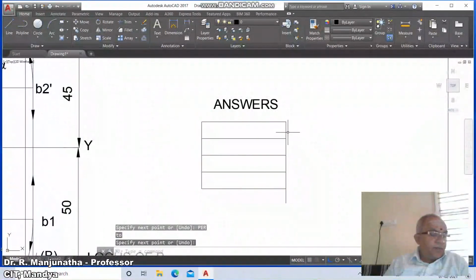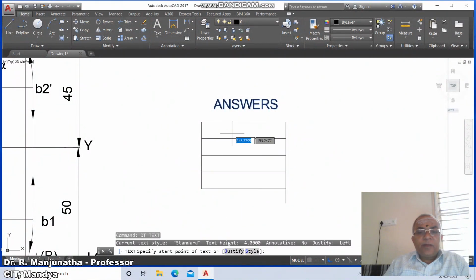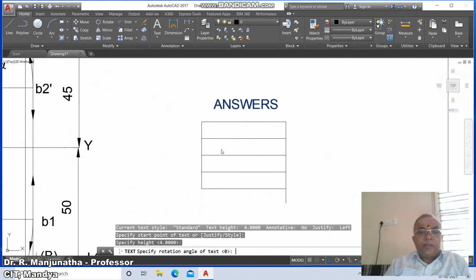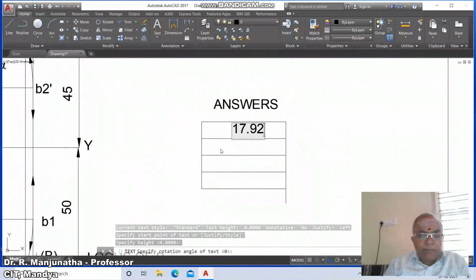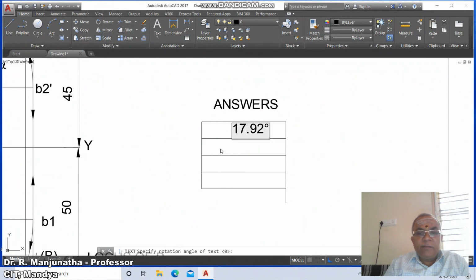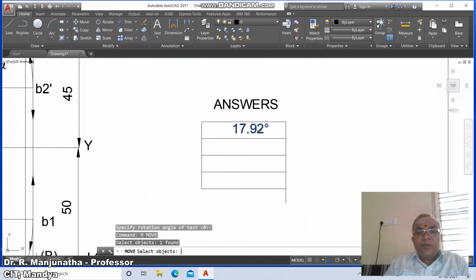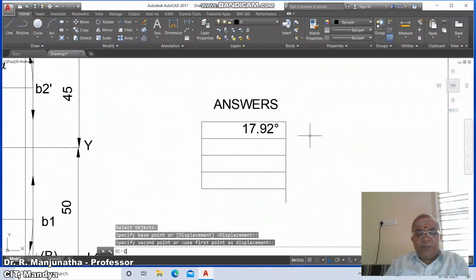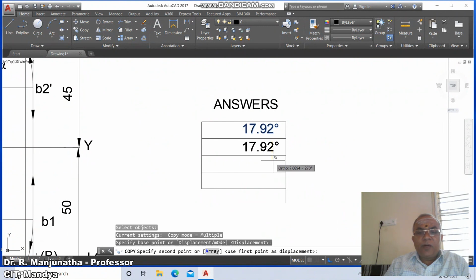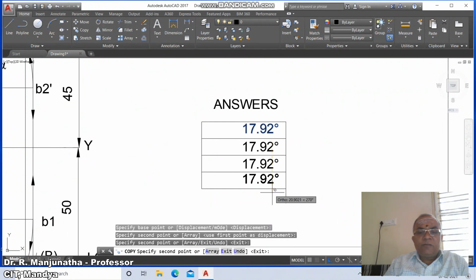Then similarly, you go to dtext. Here you write 17.92 degrees, 17.92 percent percent D. You're going to get 17.92. Then you move this and place it wherever you want. Similarly, you copy, multiple copying by keeping the ortho mode on. You select all these 4.